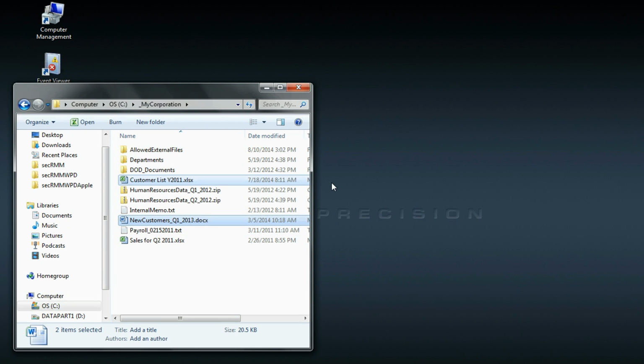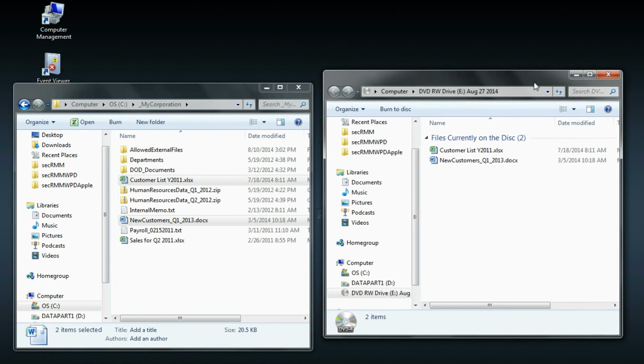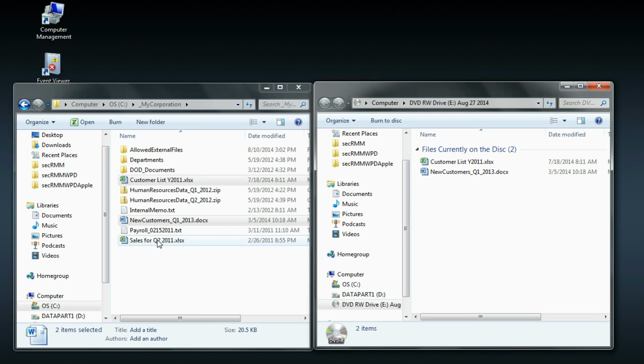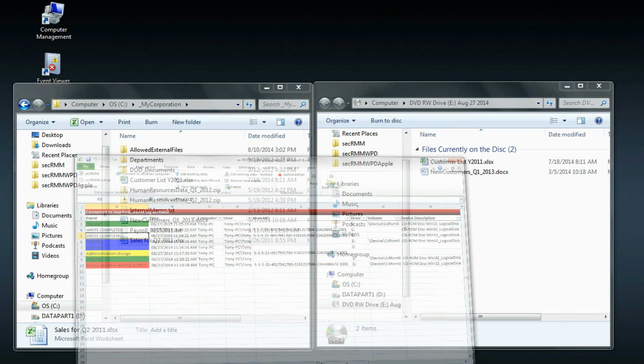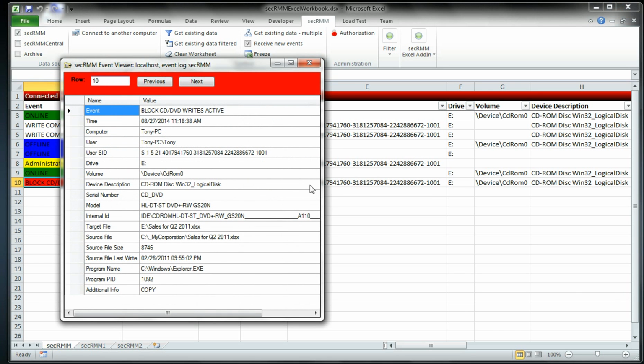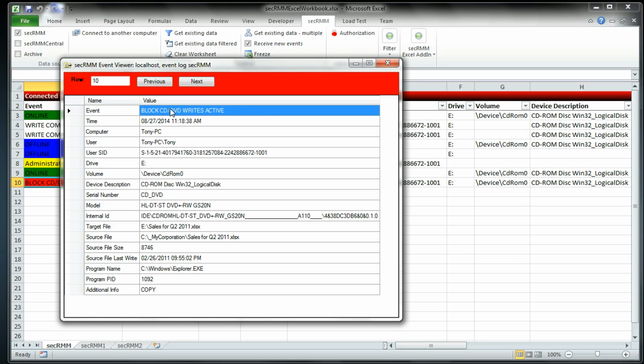So let me insert the device, and again, this time we had already written those two files, so it should be quicker to mount this time. So now, since we've already got data on there, Windows is just going to ask us to open the folder, and let's go ahead and try and copy the sales data over. And you can see that we got an access denied. And if we look in the event log, we can see that we got an error message, and it's telling us that block